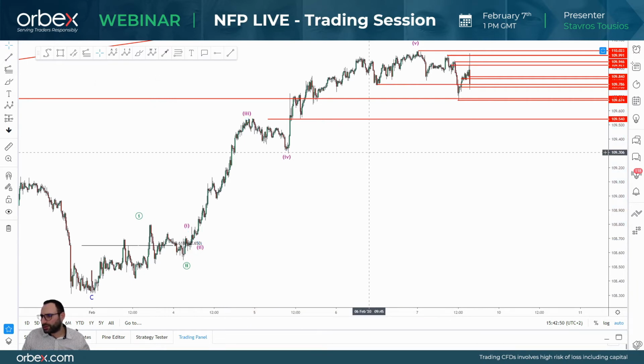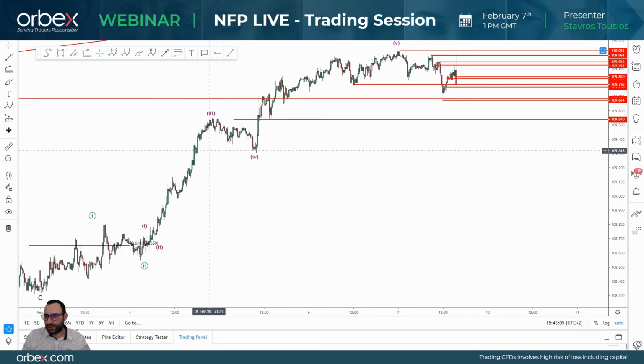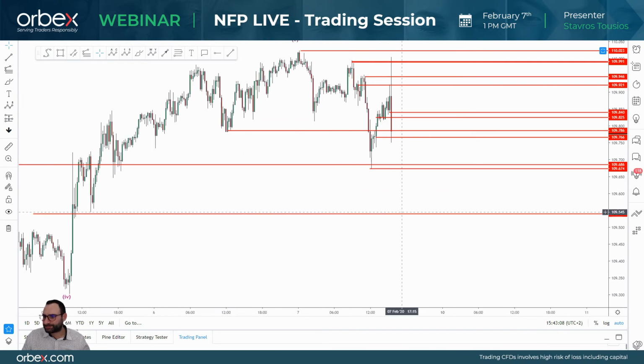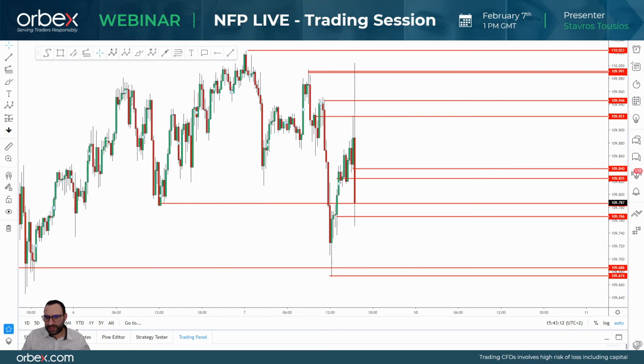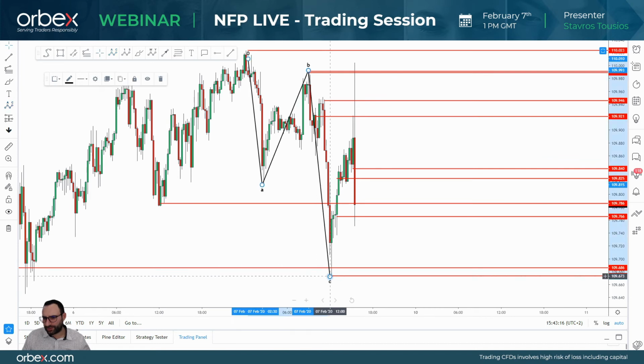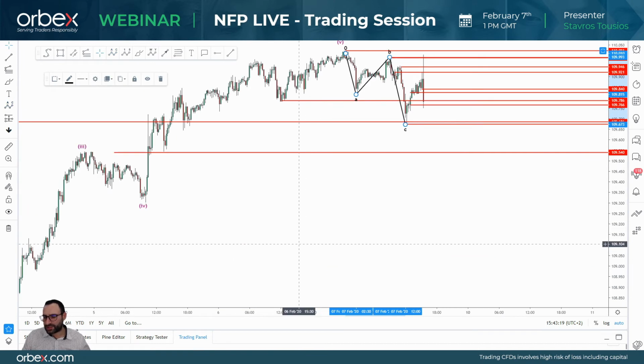So usually we're going to see prices correcting lower, which means we're going to have an ABC move or a WXY move, depending whether we have a standard zigzag or a more complex pattern. Now, if we look at this move over here, I'm getting A, B, and C, correct? The question is, are we expecting prices to move lower?